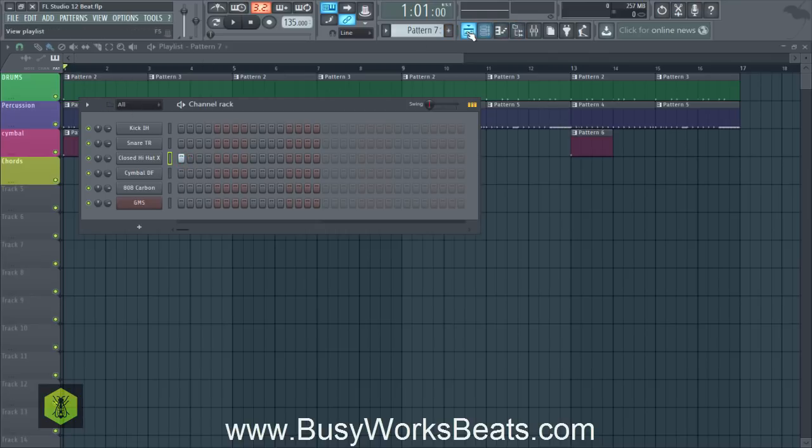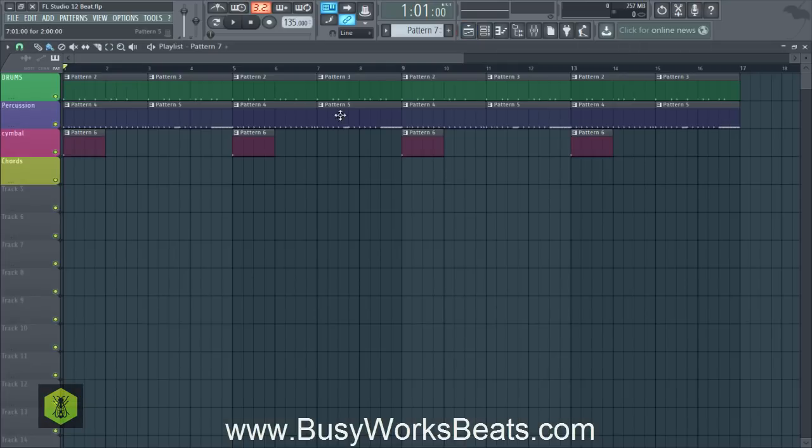Now if we go to the playlist button, it's going to allow us to choose when we right click that pattern icon, we can now select pattern 7. Whereas before, if it didn't have a note, we wouldn't have pattern 7 there as an option. Now what this allows us to do is paint in pattern 7 and drag it out. Now what this means is when I create the chords, I can hear them in context of the whole song as we build it in the playlist window.